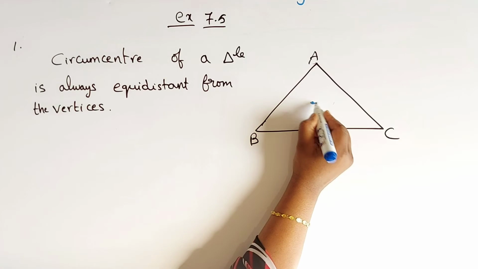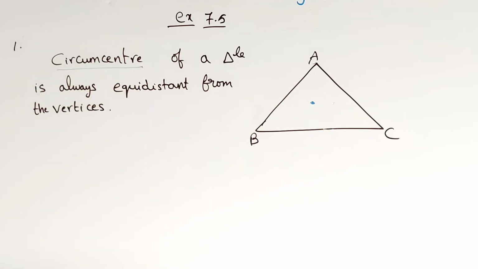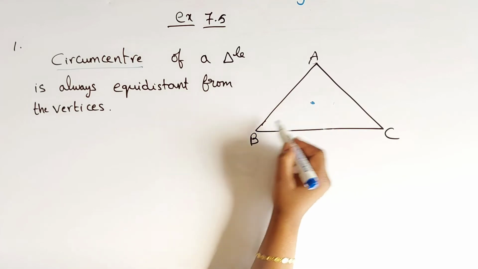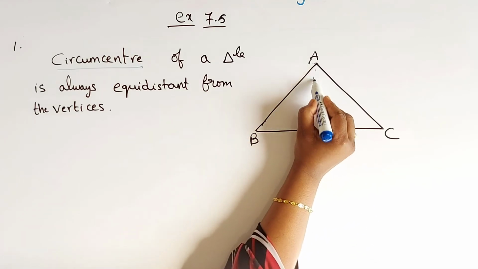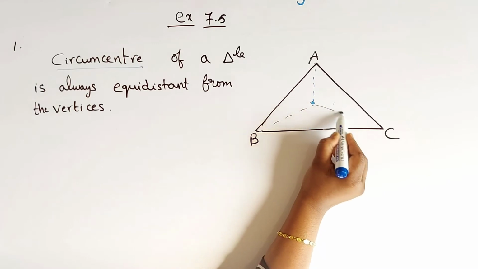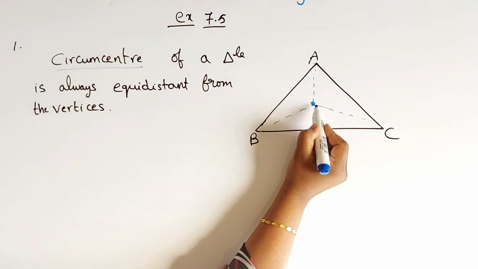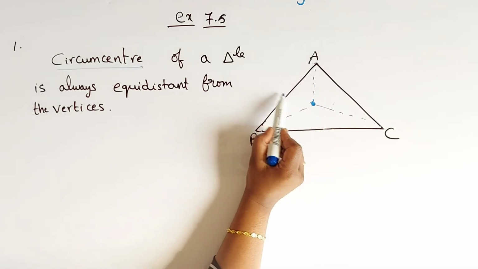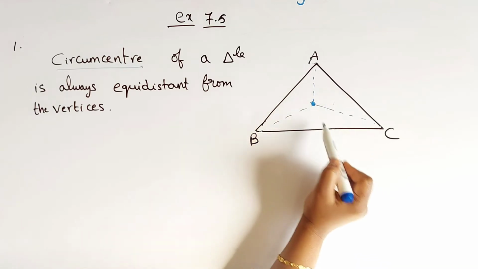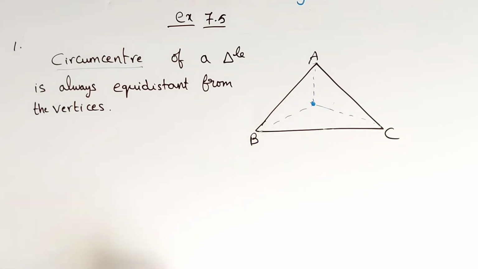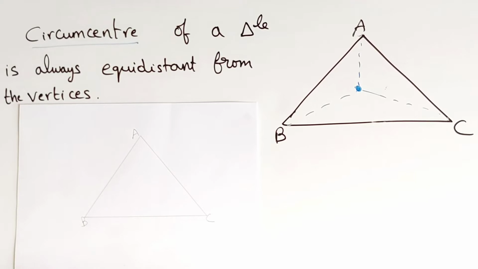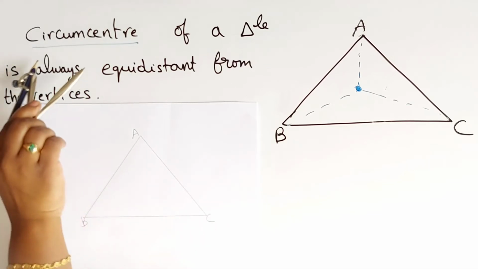So that point is called the circumcenter of a triangle. Only that point is always equidistant from all the vertices, children. So we need one point that should be at equal distance from all the three vertices. That is called the circumcenter. For that we need to draw perpendicular bisectors of these sides AB, BC and AC, children. Then only we will get the circumcenter. Here triangle ABC is there, children. We need to draw perpendicular bisectors of sides AB, BC and AC. Then only we will get the circumcenter.